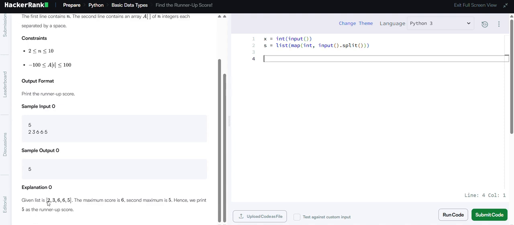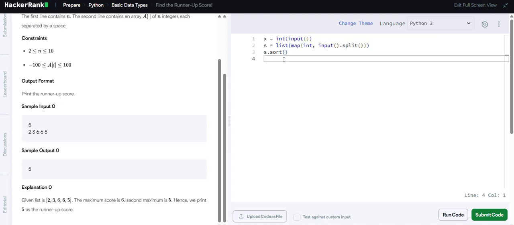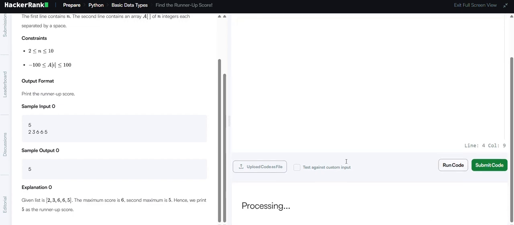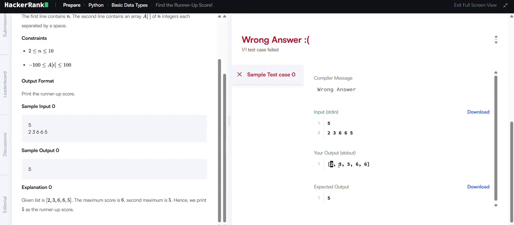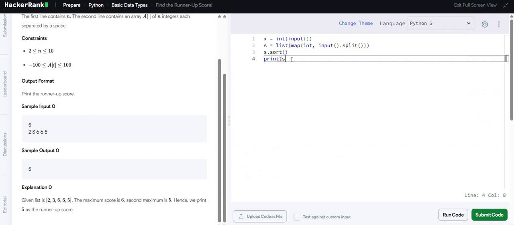So 2 3 6 6 5 will split. Then after that I will sort, so it's arranged in ascending order. Once it's arranged in ascending order, now we can check that till now we have not solved the problem. Only it's sorted in ascending order. Now we have to